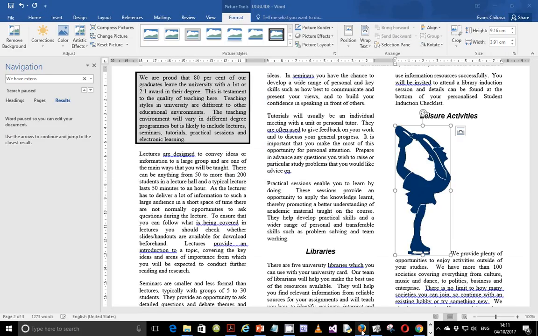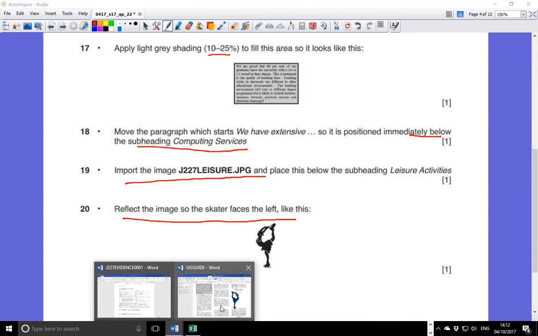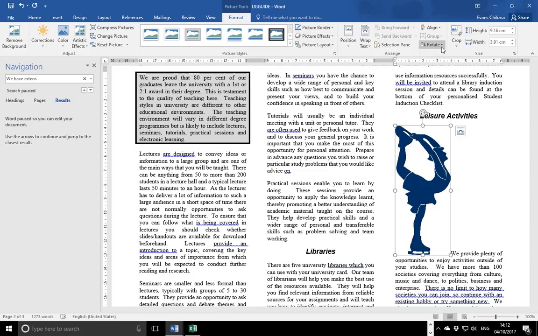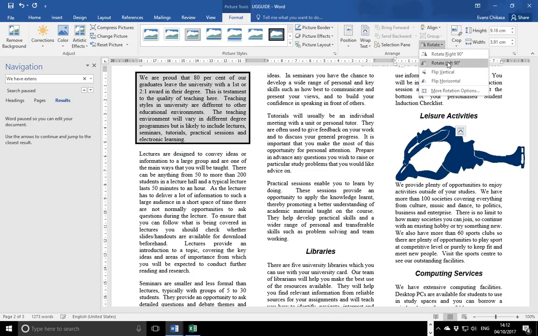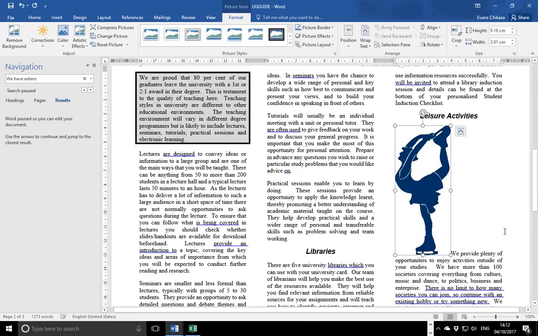Next, reflect the image so that the scooter faces the left, like this. Okay, so we need to make sure that it is reflected in that direction. So go to rotate, and then flip, like that. Okay, next,